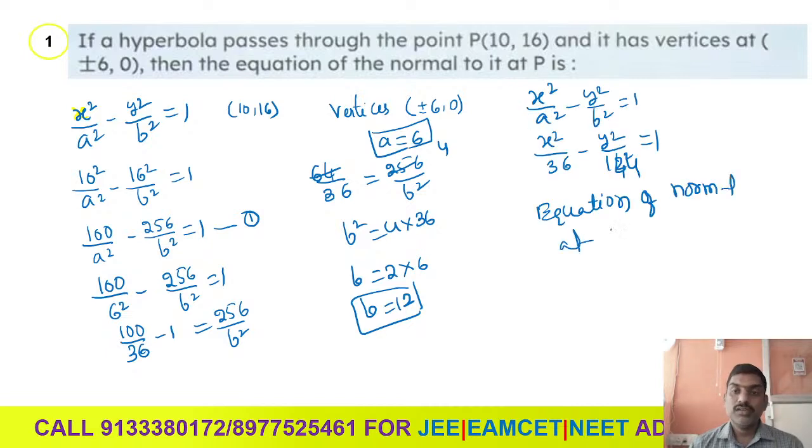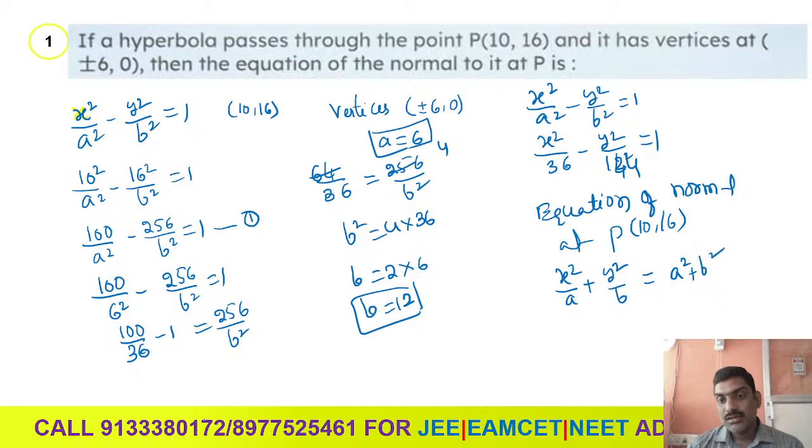Equation of normal at P (10, 16). We have to calculate this. So here, the equation of a normal. What is the equation of a normal? x square by a plus y square by b is equal to a square plus b square. One second, let us see the equation of